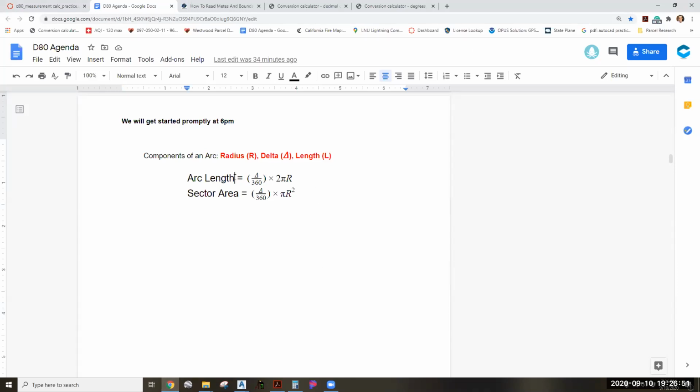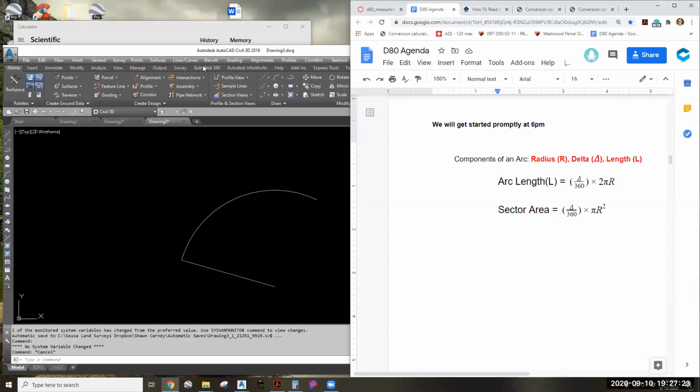So the length of an arc, L, is your delta, degree of rotation, divided by 360. Okay, 360 is the degrees of a circle, times 2 pi r. Okay, so if we break that down and we look at both screens,